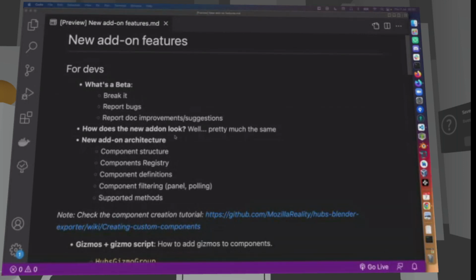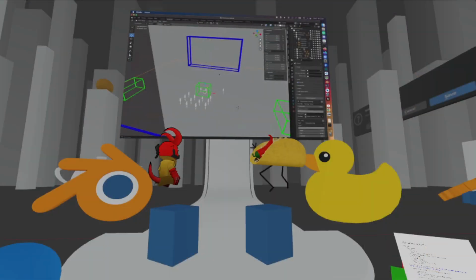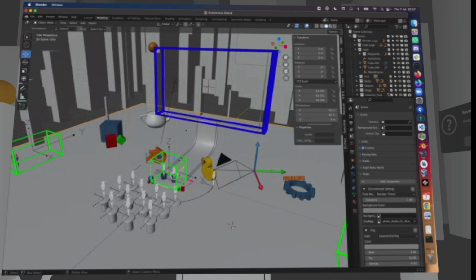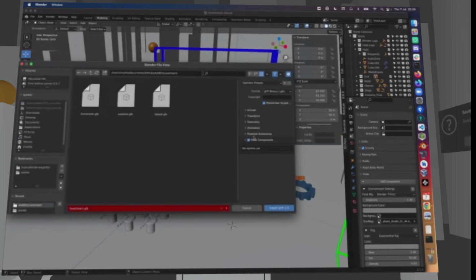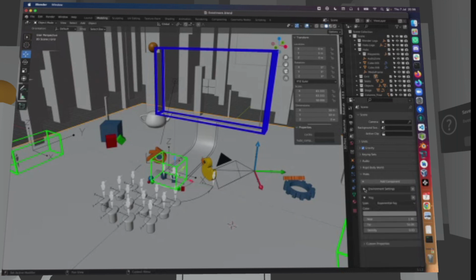So what does the new add-on look like? That's gonna be a super inception, because we're gonna have Blender in Blender, so I'm just gonna put Blender up again. Now we have double Blender there. In general, this looks like the previous one, so there aren't many differences right now. You will find the same export menus when you export. This menu hasn't changed. This is enable, disable the add-on export. The components are the same, so we haven't really added many new components. So it's basically what we have. You have the scene components where they used to be,